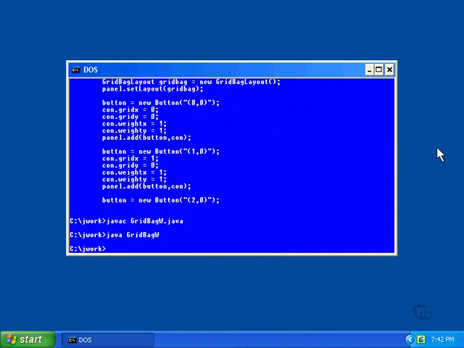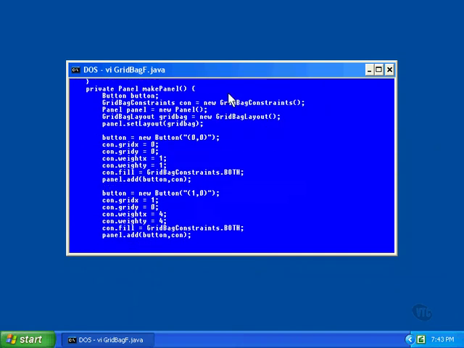Another useful parameter is the one that instructs a component on how it should fill its grid. It can be instructed to always fill its grid vertically or horizontally, and in this example, the buttons are all set to fill their grids in both directions. The default is for no filling at all to take place, but we set every button in this example to both, which means when the grid expands, the buttons will expand to fit its space both